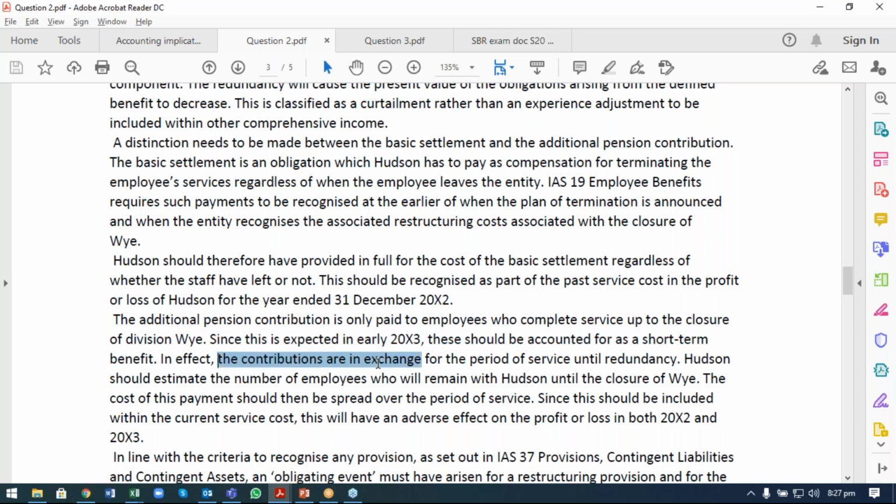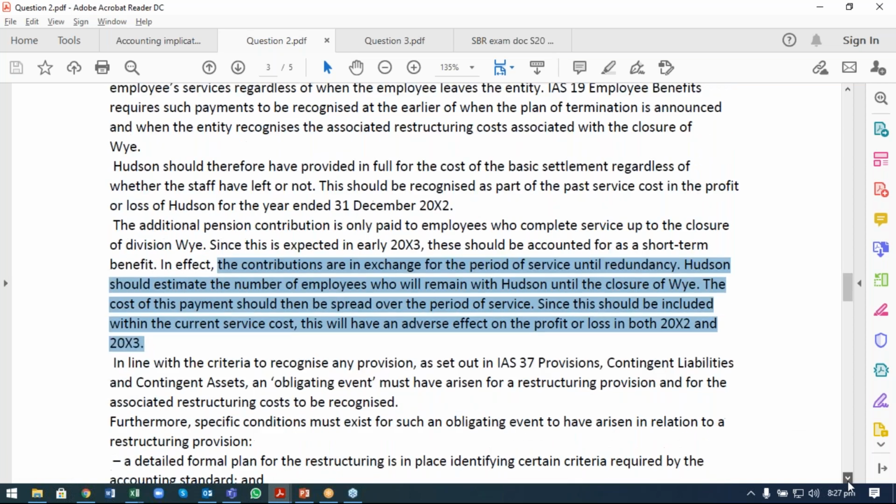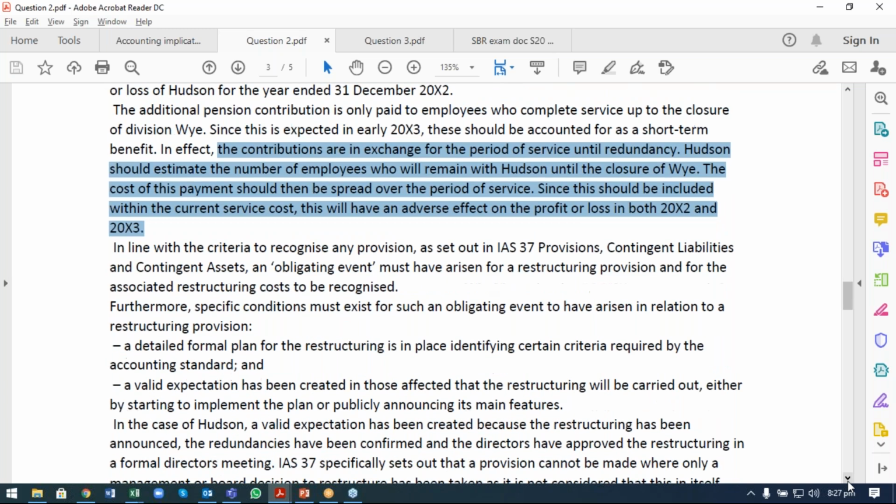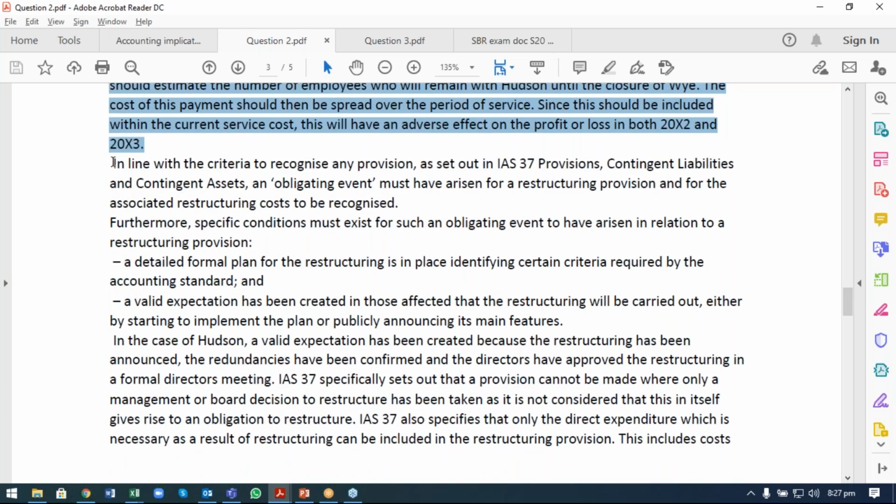In effect, the contributions are in exchange for the period of service until redundancy. Hudson should estimate the number of employees who will remain with Hudson until the closure of the wine division. The cost of this payment should then be spread over the period of service, so this should be included within the current year cost components, and this will have an adverse impact on the profit or loss in both 2002 and 2003. Right? Next is the IAS 37 criteria,